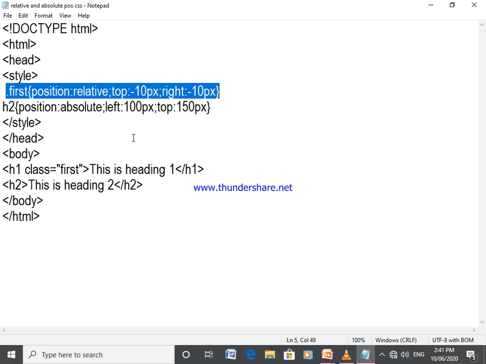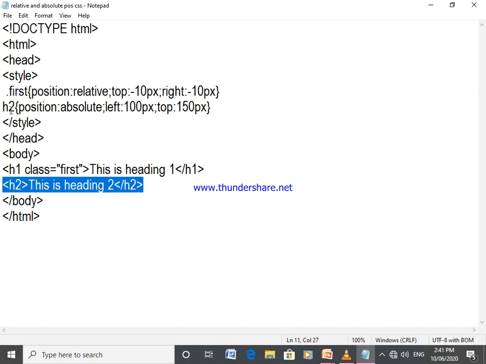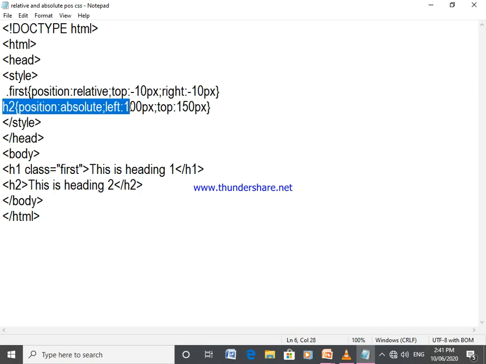It means this heading first text will be positioned relatively, with the help of top minus 10px and right minus 10px. And the second statement, that is S2, this is heading 2. So this will be affected by the second style definition, that is S2, positioning absolute, which means its positioning is absolute, not relative, and its values are left 100 pixels and top 150 pixels.